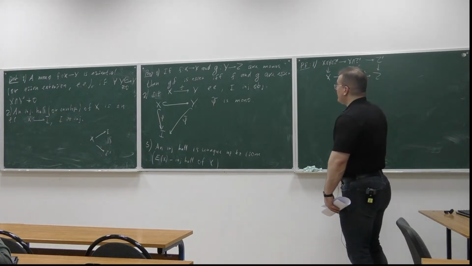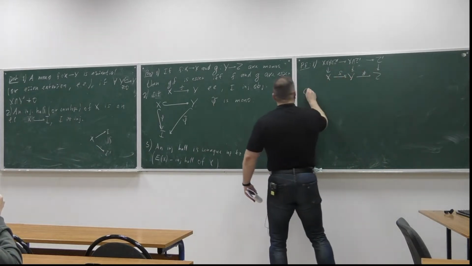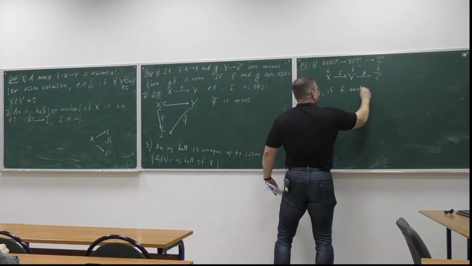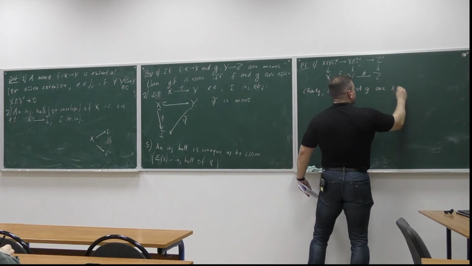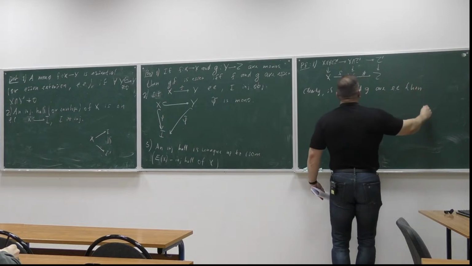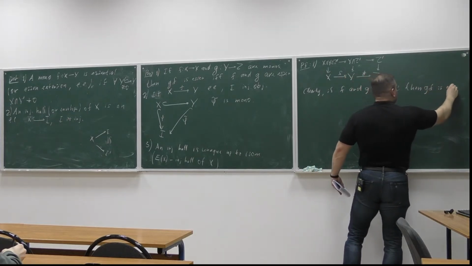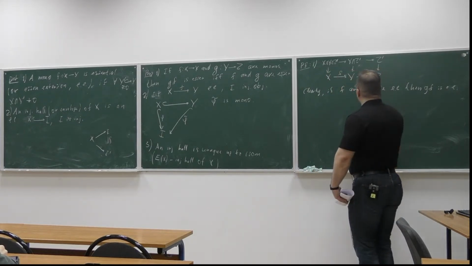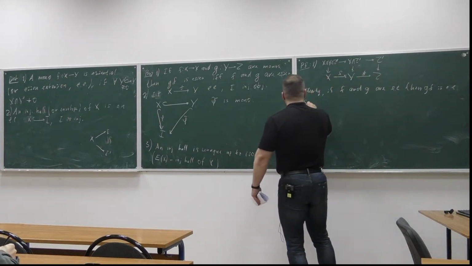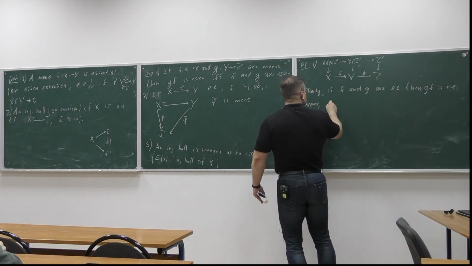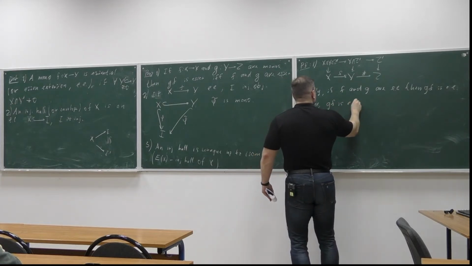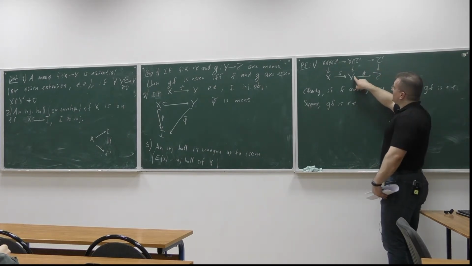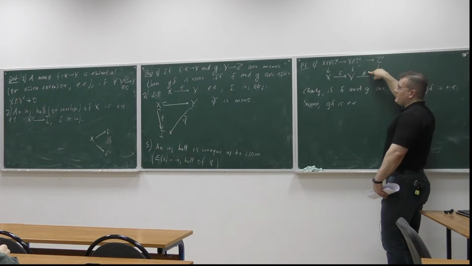So in one direction this is trivial. Now, clearly if F and G are essential extensions, then the composition is an essential extension. So this part is easy. Now, how about the other direction? Suppose I know that the composition is the essential extension. Well, I think it's easy to see that G is an essential extension,